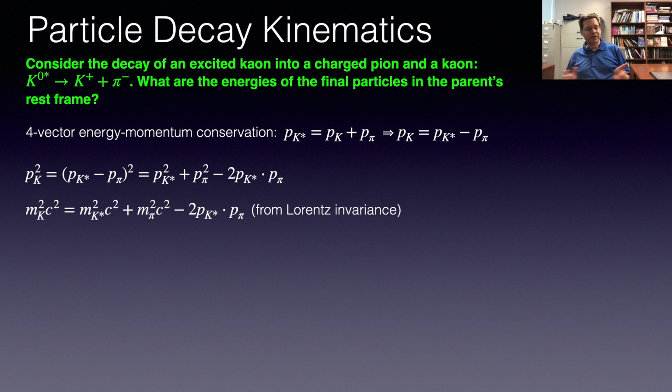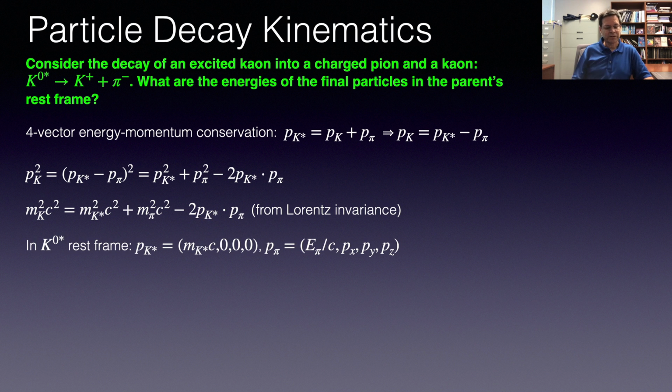Now, why was it convenient to do it that way? What I've done is when I have these 4-vector squares, that's going to give you the invariant mass squared. In the case of pK squared, it's just the rest mass energy squared of the kaon, so mK squared c squared. Actually, I had divided out a c squared here in 4 vectors. And the pK star and p pi give you something similar, mK star squared c squared and m pi squared c squared. And then I subtract off twice the 4 vector dot product between pK star and p pi,